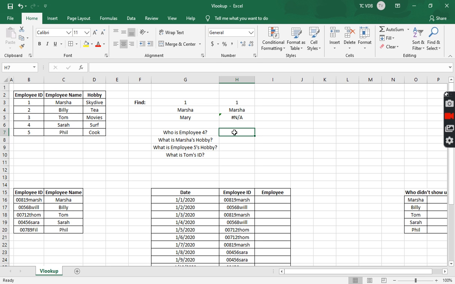This next session is going to be about using multiple columns with Vlookup. That's why I kept emphasizing just